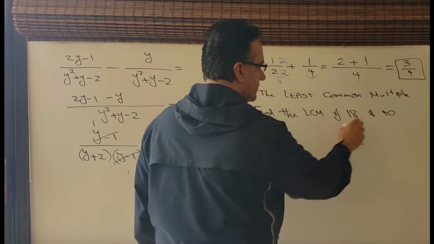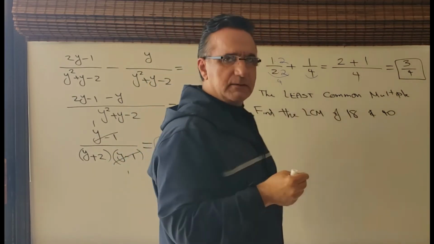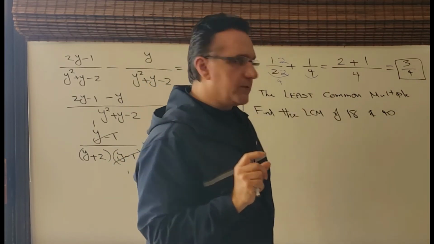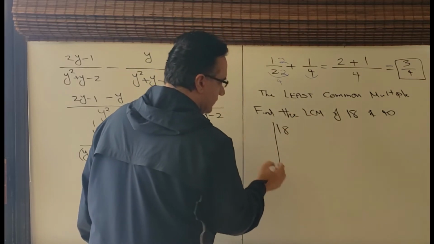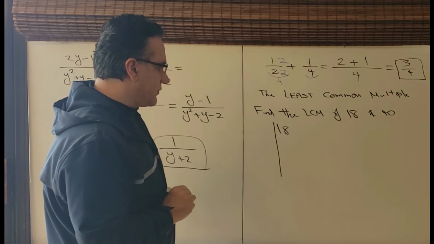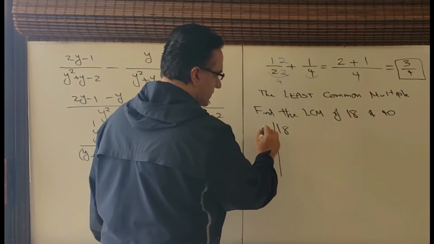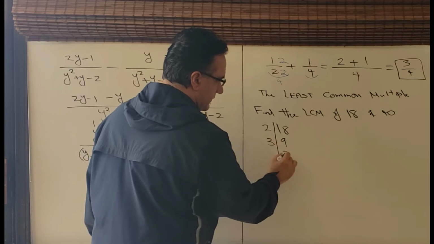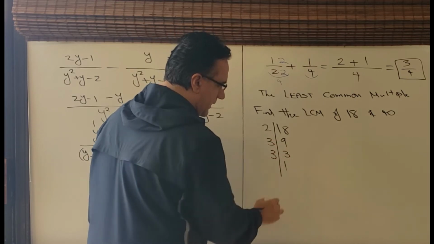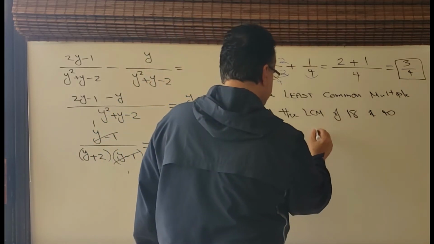The best way to do that, you can either guess it, or if you want a more systematic approach, you can go ahead and find the prime factorization of both of them. So here's the prime factorization of 18. We have 2 gives us 9, and then 3, 3, 3, 1. For 40,